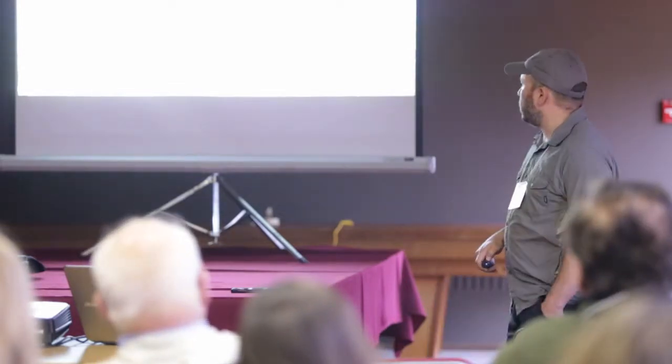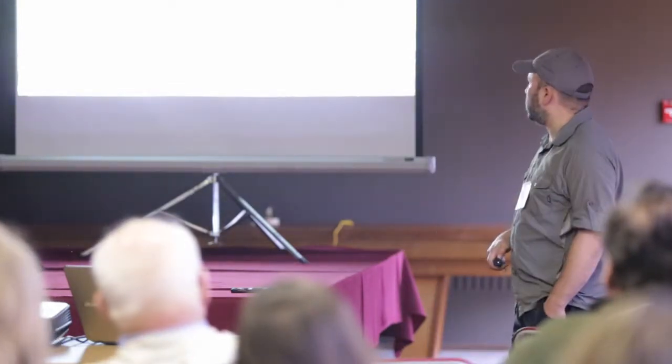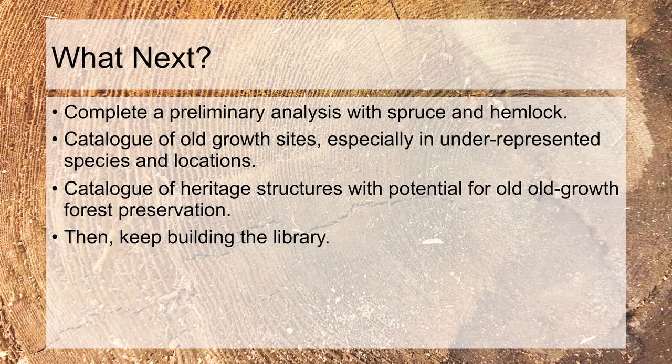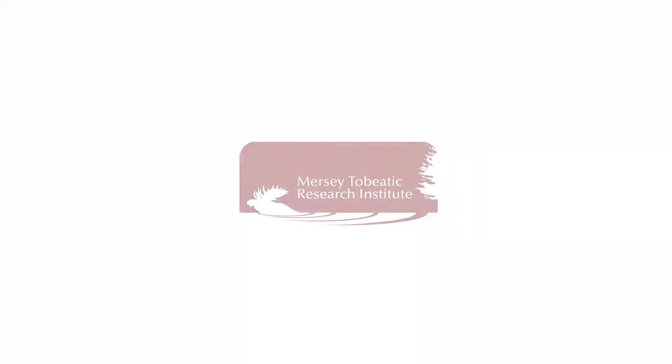But we're still building that library of tree rings out, and we're getting close to be able to do some of that analysis. So I want to start doing some preliminary work with spruce and hemlock because we have such good coverage, but I also need to catalog some of those old growth sites for living trees that were in those missing spaces and heritage structures. I'm not a historian. I need the help of historians to locate some of these things. And once we have that, I can keep building that library. So that's where the lab is headed. Those are the types of things that we're